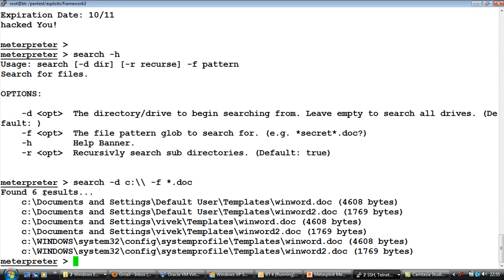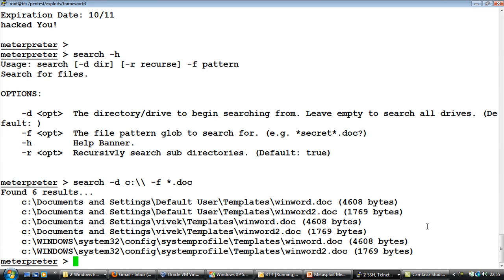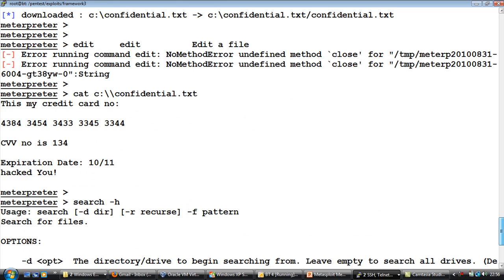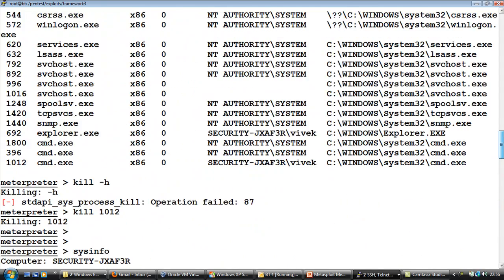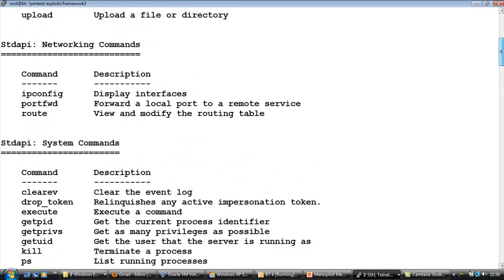Now it is searching for all doc files on the entire system beginning at C drive. So if you notice, these are all the doc files available on the remote system. Now very simply, I can go ahead and use the download command to download these files, right? So as you notice, the Meterpreter is giving you a lot of flexibility to do various tasks, which, as you can imagine, with just a shell you would have had a very tough time doing,